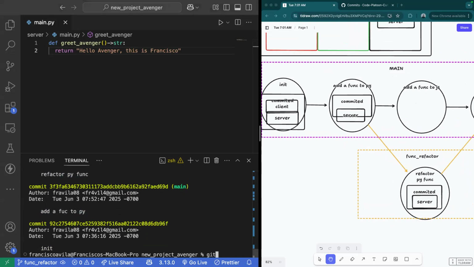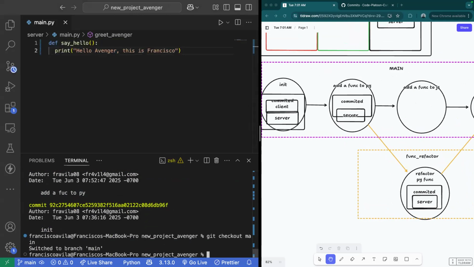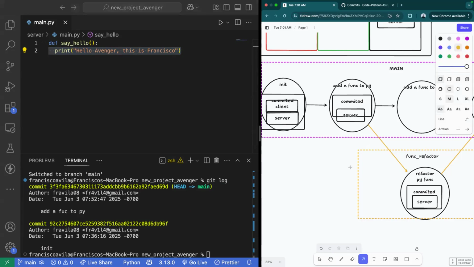All right. Well, now let me go ahead and check out main. And pay attention to this file when I run this command. So when I check out main, we're going to see all of this code completely change to its previous state. So now we're back to function say hello, where it's printing information instead of returning information as a function. And if I run git log here, you'll see that the log is only returning information pertaining to main. All right. So currently,